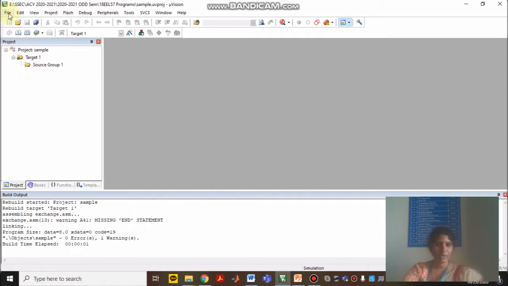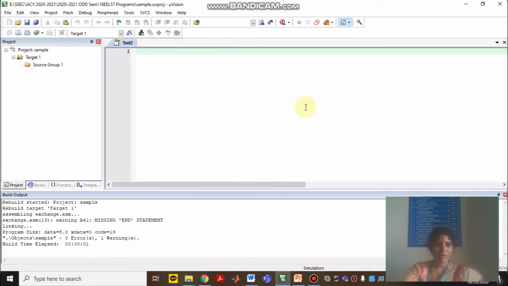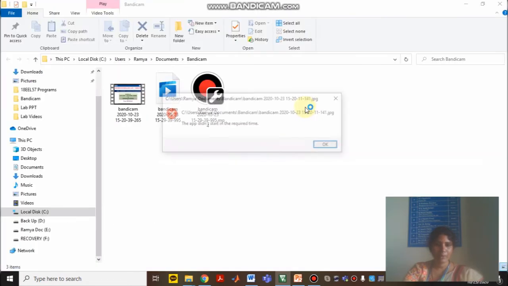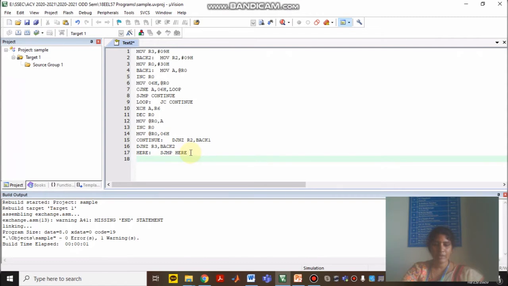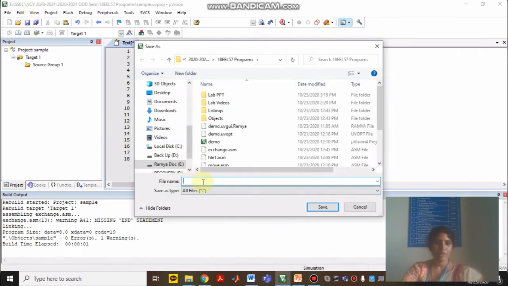Now open a new file, then type your ascending order program. When you type, it will be in simple black color. After typing the program, we need to save it as ascending. The file extension to be used for your assembly language program is .asm.